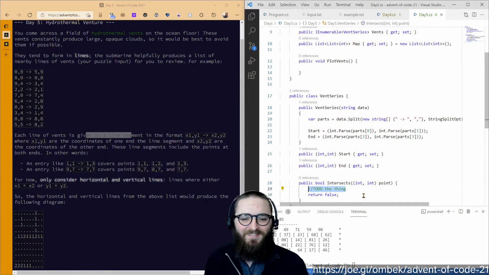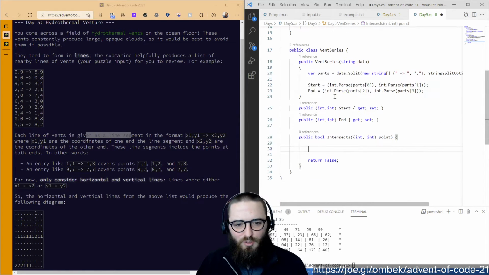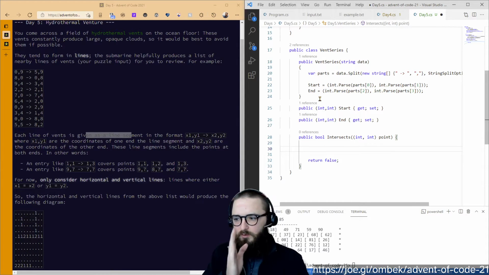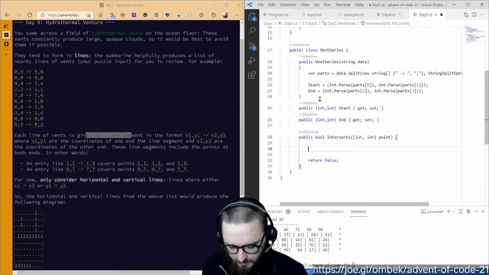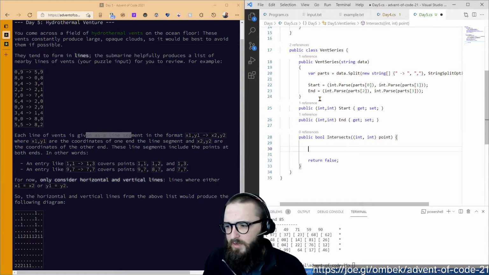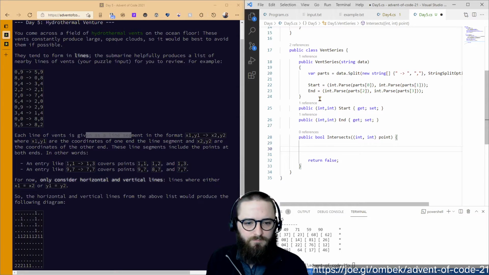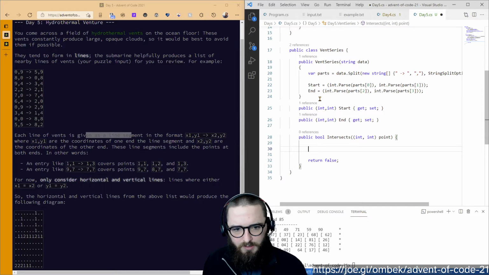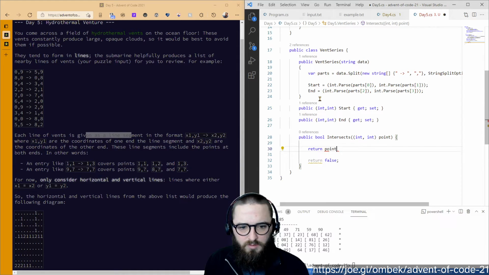I'll write this bit. So at this point, we're just assuming that it's either a straight line either way. So we want to say, okay, if it's, so we know that the x's are the same number or the y's are the same number. So my point here is it's just got to be between, the x point's got to be between the two numbers and the y point's got to be between the two numbers, right? So return point dot